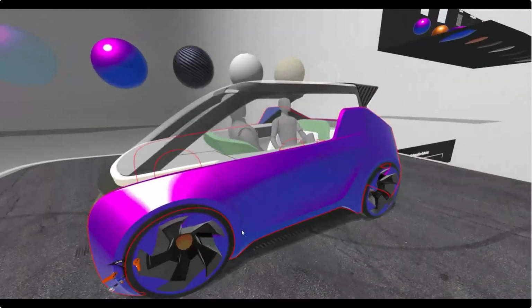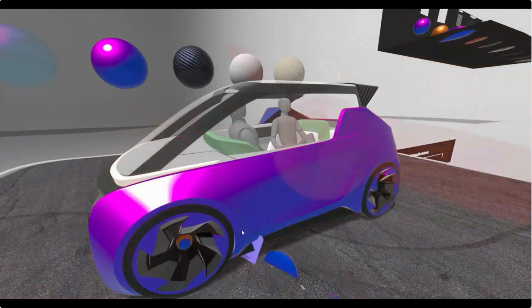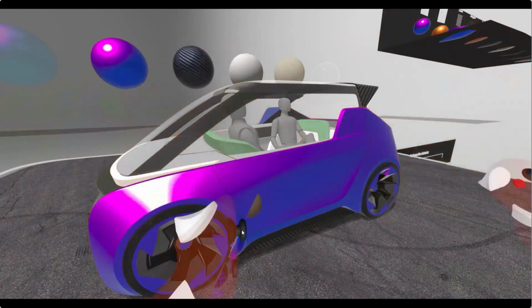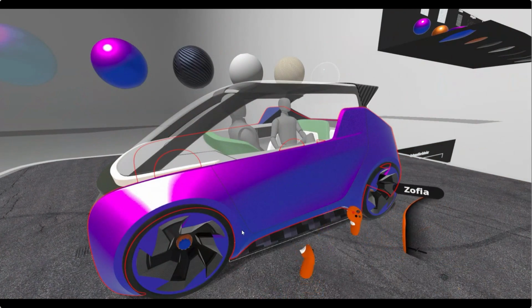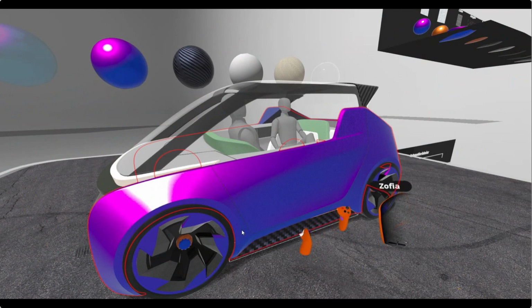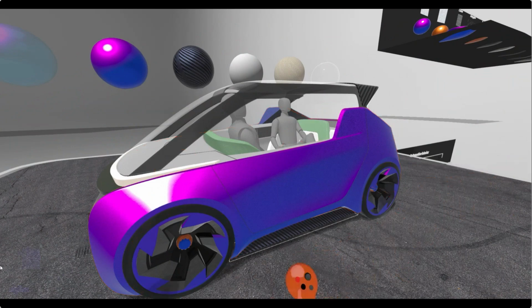So what I want to highlight here is that Žofia and I have had a very fruitful conversation, me on screen, Žofia in headset, and this could be multiple people on screen. Everyone has a computer. So I really encourage everyone to explore the collaboration beyond just VR to VR. VR to screen is really powerful. Now I'm able to interact with Laser Pointer. I'm also able to drop in assets so that she can grab them and apply them. I of course have a VR headset, so I can jump in there